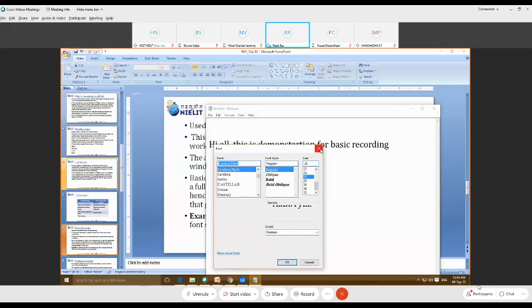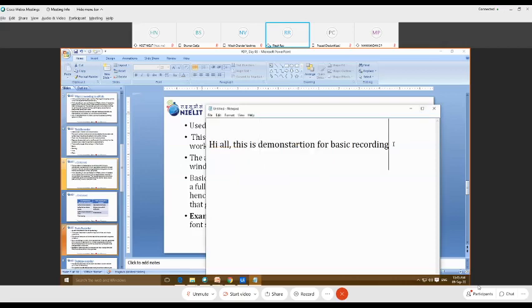Whatever actions I performed using the left and right click of the mouse for changing the font style, size and font of the entered text, everything is going to be captured and eventually converted into the automation sequence workflow file. So let me remove this, and then we'll do this using basic recording. I will try to explain how it is working.